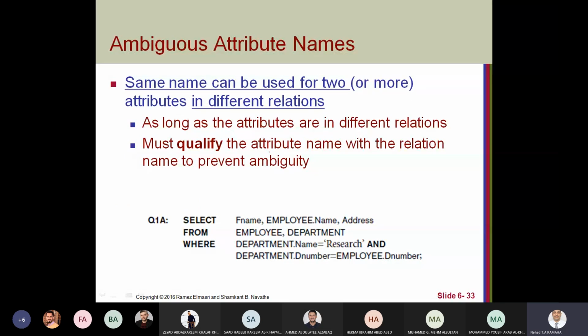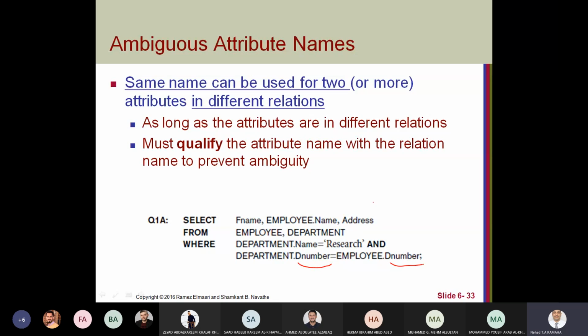Let's see an example here. Imagine that we have this one to connect between department and employee with the same D number, as I mentioned.